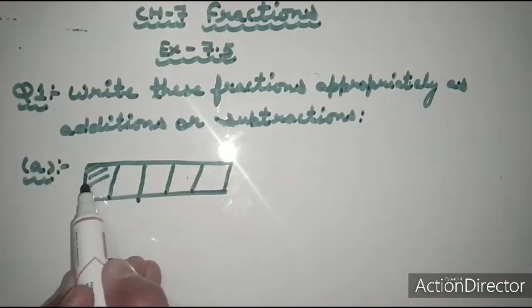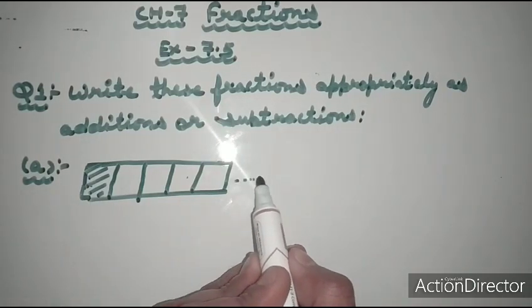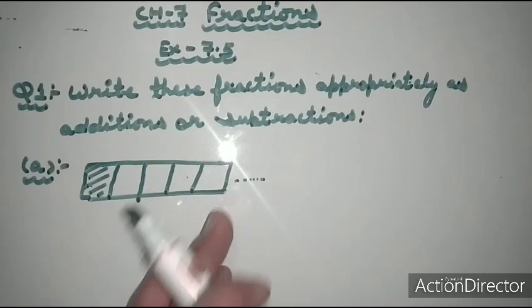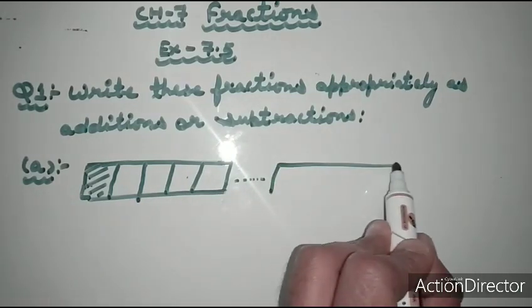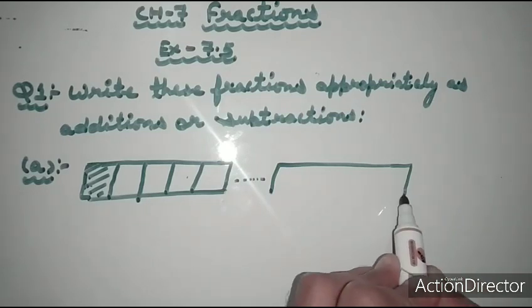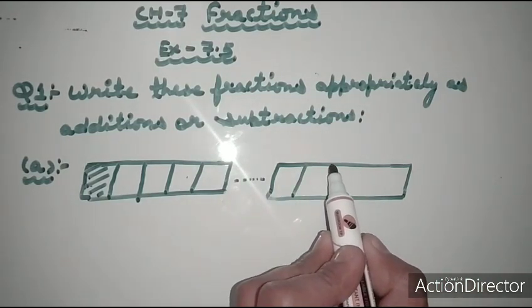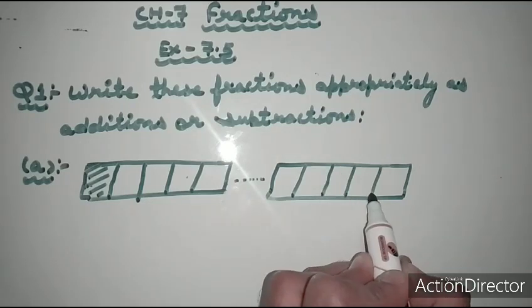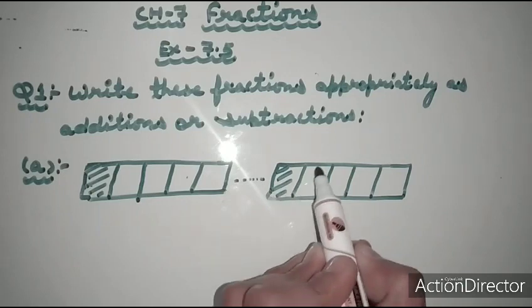Out of these 5 parts, 1 part is shaded. Then blank dots are given here. Then again there is a rectangular box and the total parts are 5, and out of these 5 parts, 2 parts are shaded